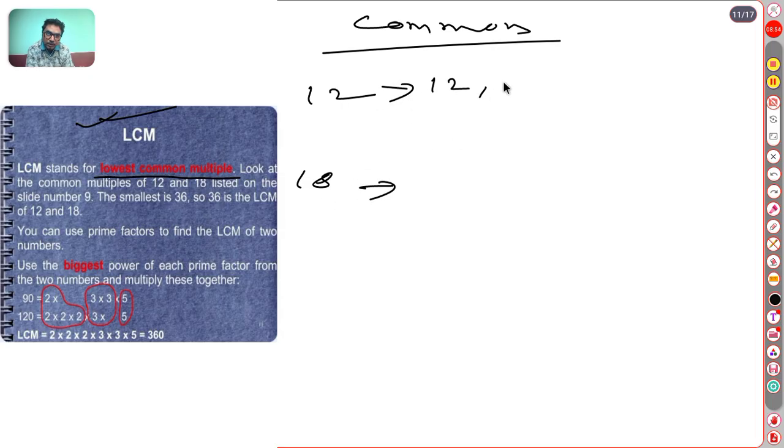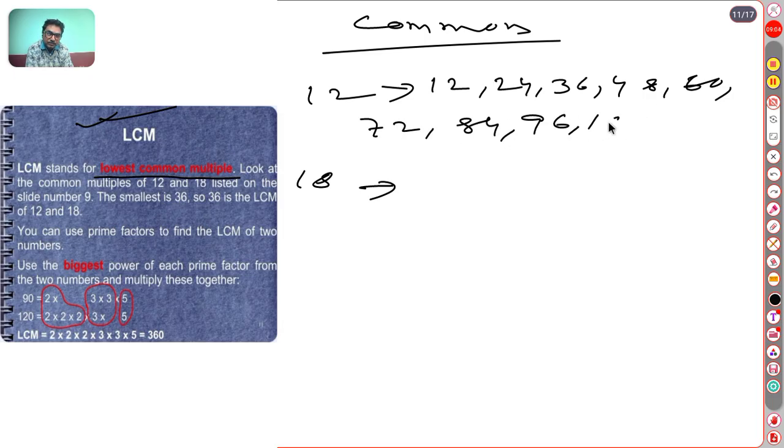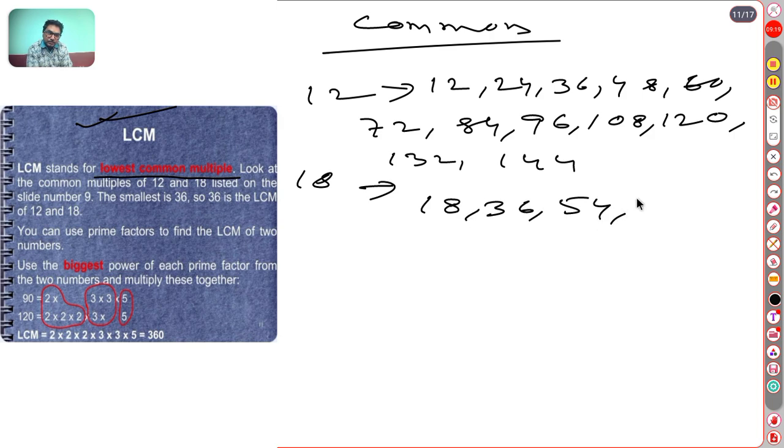Multiples of 12 are 12, 24, 36, 48, 60, 72, 84, 96, 108, 120, 132 and 144, and the multiples of 18 are 18, 36, 54, 72, 90, 108,